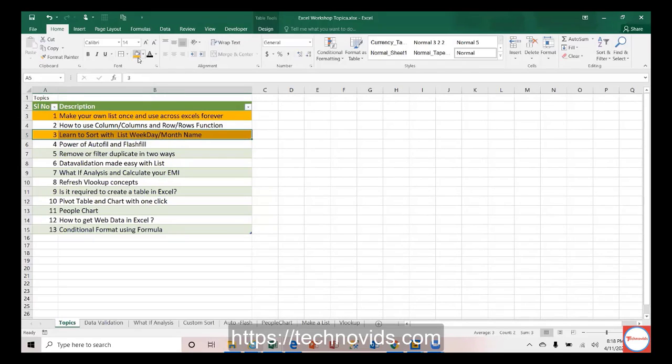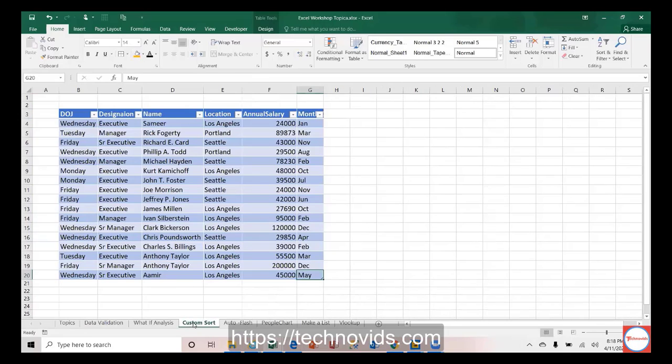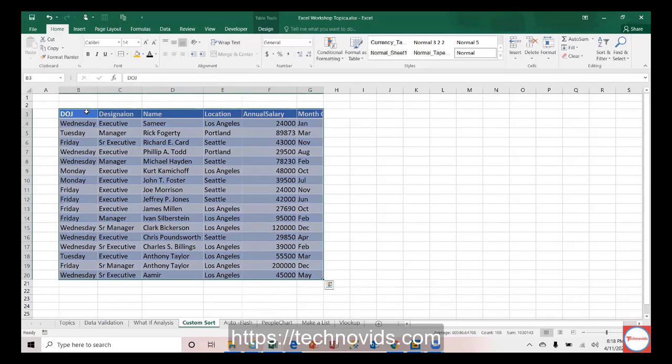Now let us learn the sorting part. We all know we can sort. I think we would have used sorting at some point or other. For example, I want to sort by name. So let me remove this filter, it's not required.